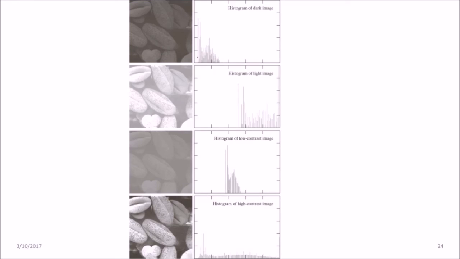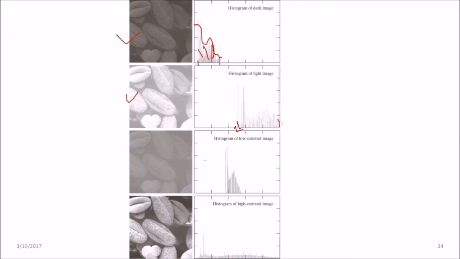As you see, the histogram shows that because this is a dark image, all frequency values are here only. This is your histogram. But in this case, because this is very light, the histogram is shifted rightwards, from this point to this point.